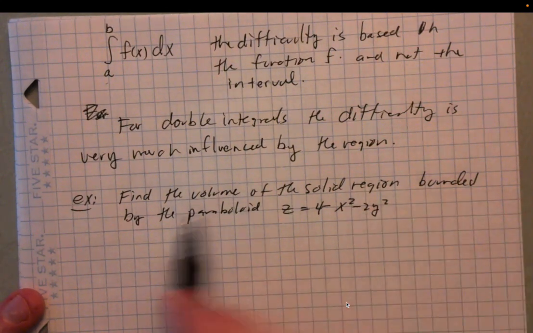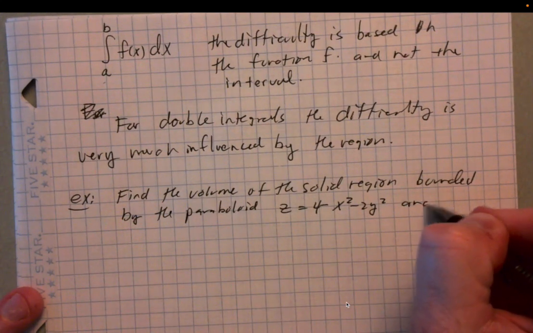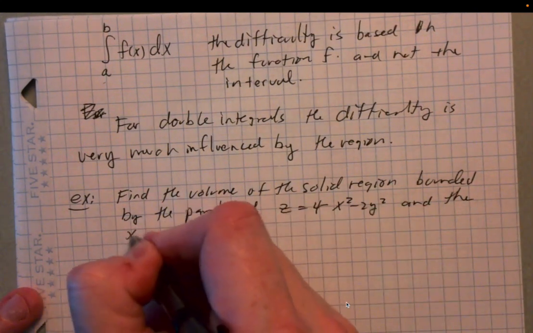So find the volume of the solid region bounded by this paraboloid and the xy